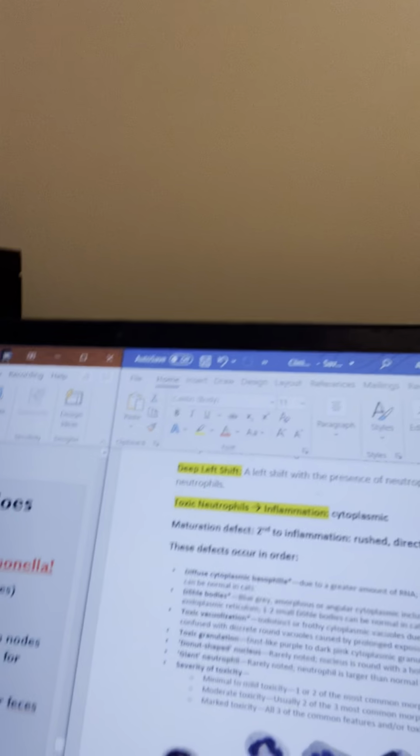We have severity of toxicity. Minimal to mild toxicity is 1 or 2 of the most common morphological features. We have moderate toxicity, which is usually 2 of the 3 most common morphological features. And then we have severe toxicity, also known as marked toxicity, where all 3 of the common features and/or toxic granulation. So here's normal